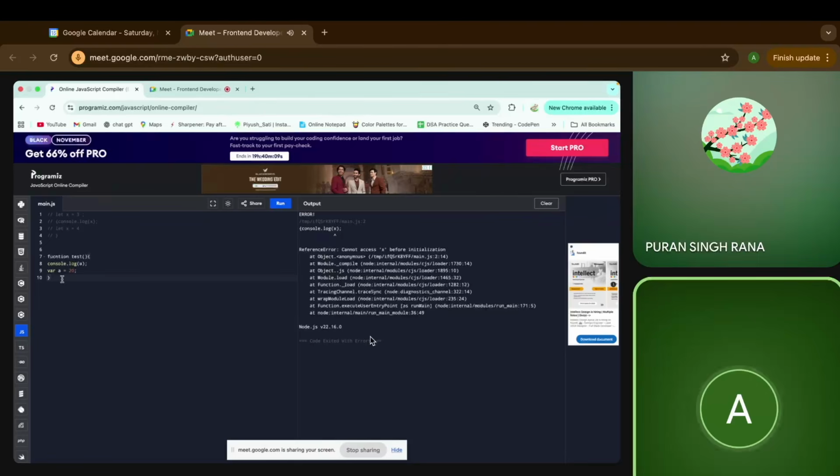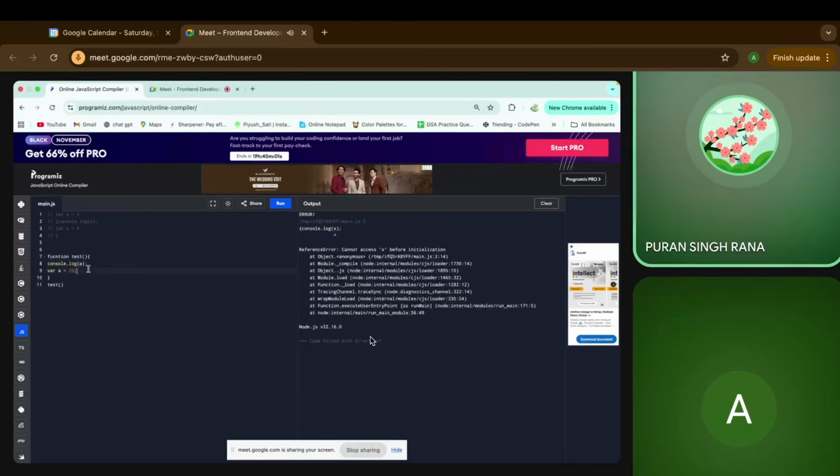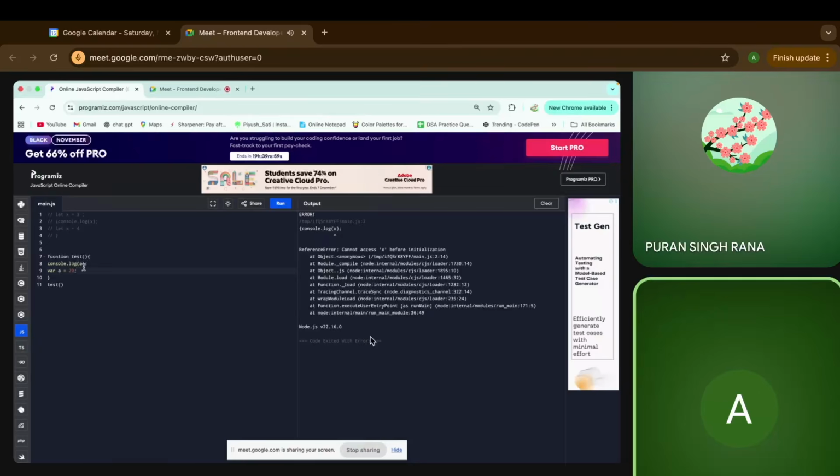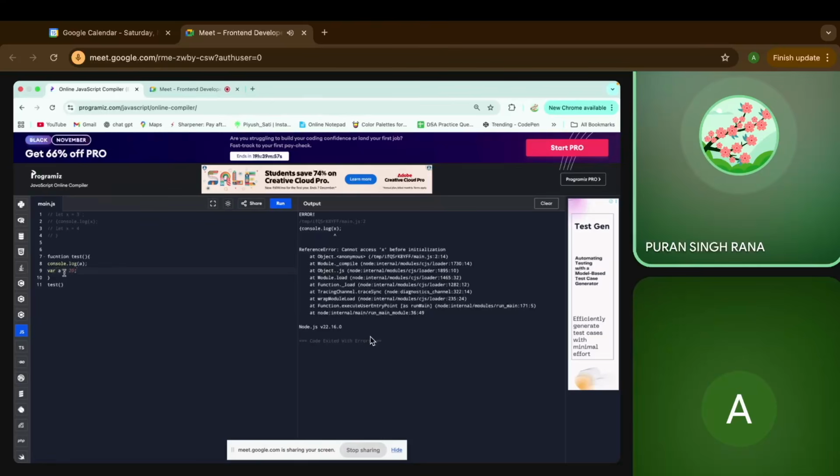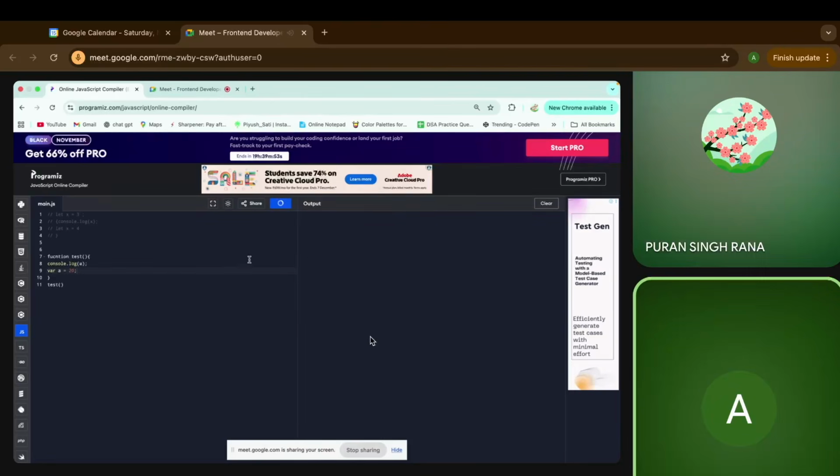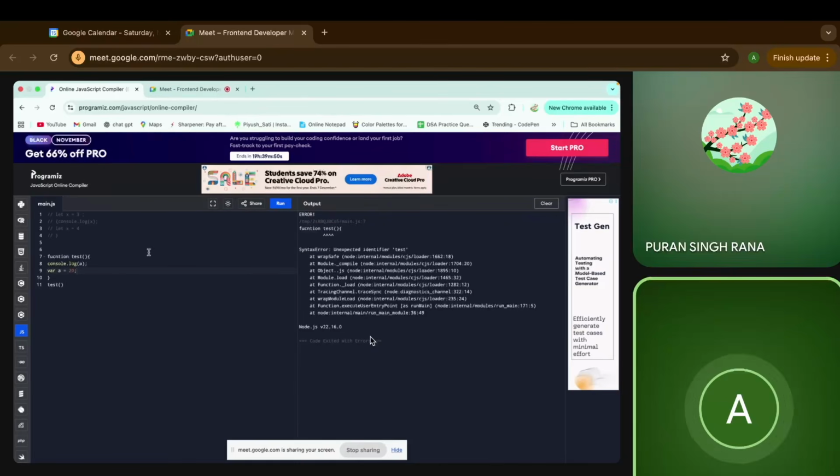You run the test in the line below. Now here we will get undefined, since we are using var here.